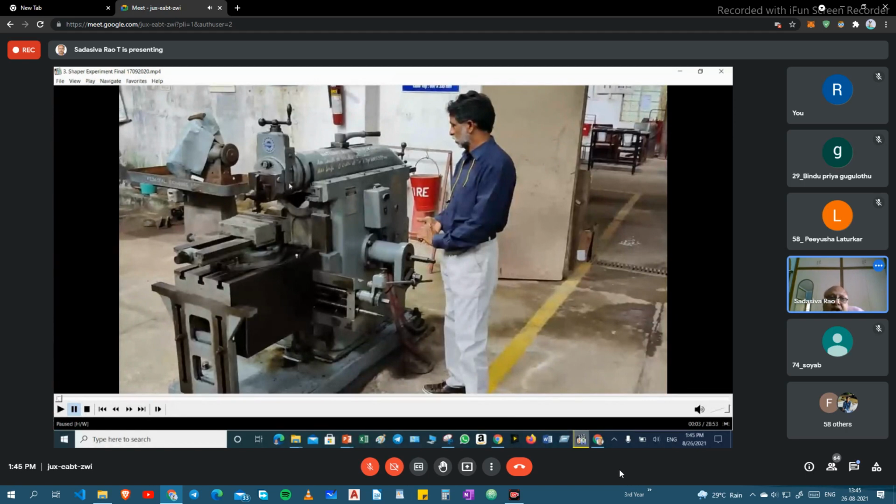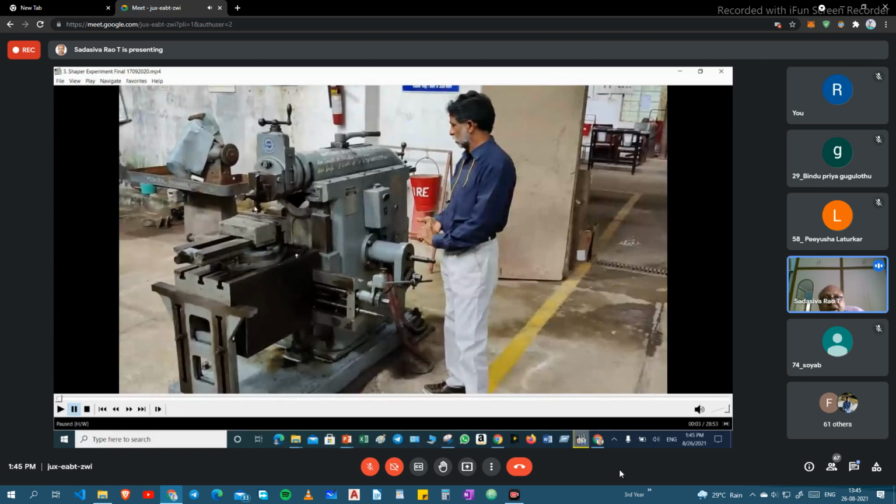And this is the clapper box. The tool is fixed here. During forward stroke, the metal removal takes place. Metal cutting will be there during forward stroke, and during return stroke, it is loose. During return stroke, it slightly lifts.